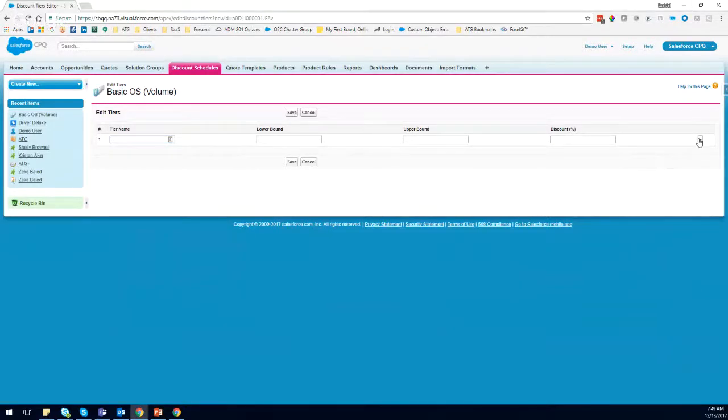So what I'm going to do here, I made it as a discount percentage. I didn't do it as a price. That's all right. Yeah, I think that's fine. So tier name, I'll call it tier 1. My lower bound, 1. Upper bound,